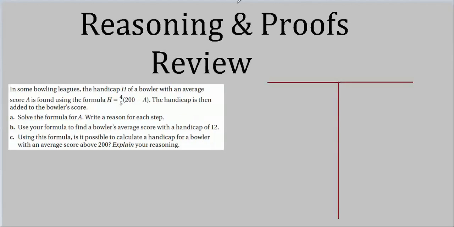Well, speaking of two-column proofs, we're going to solve for a particular variable. Notice we have one equation with two variables. So we can solve for one variable. We can't actually get a numeric answer, not unless we put a number in for a or h, but we can go back and forth. Right now, we already have h. In other words, we have an equation that solves for h in terms of a. What they ask us to do is solve the formula for a. So how would you do this